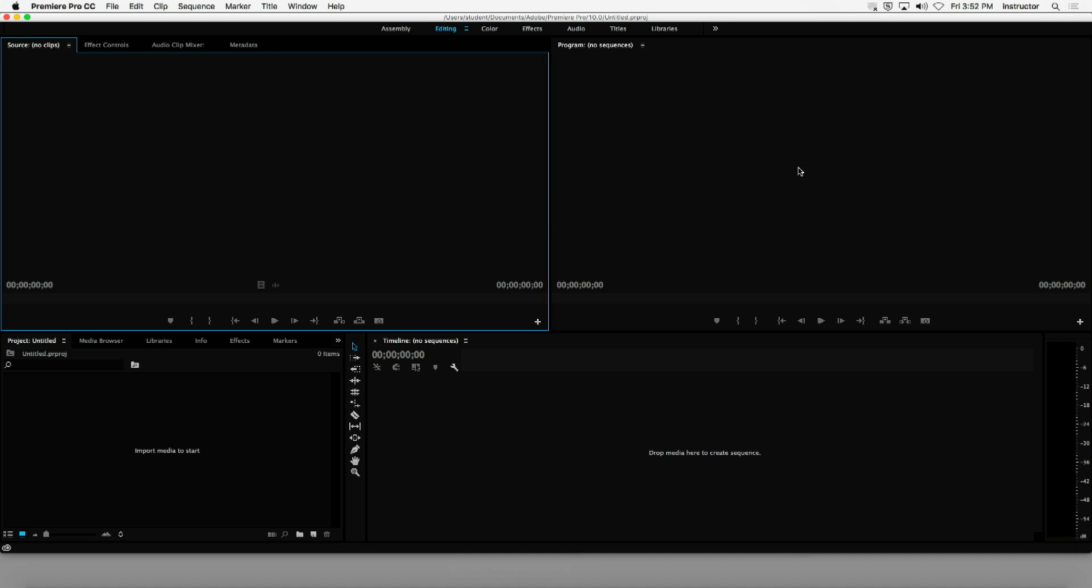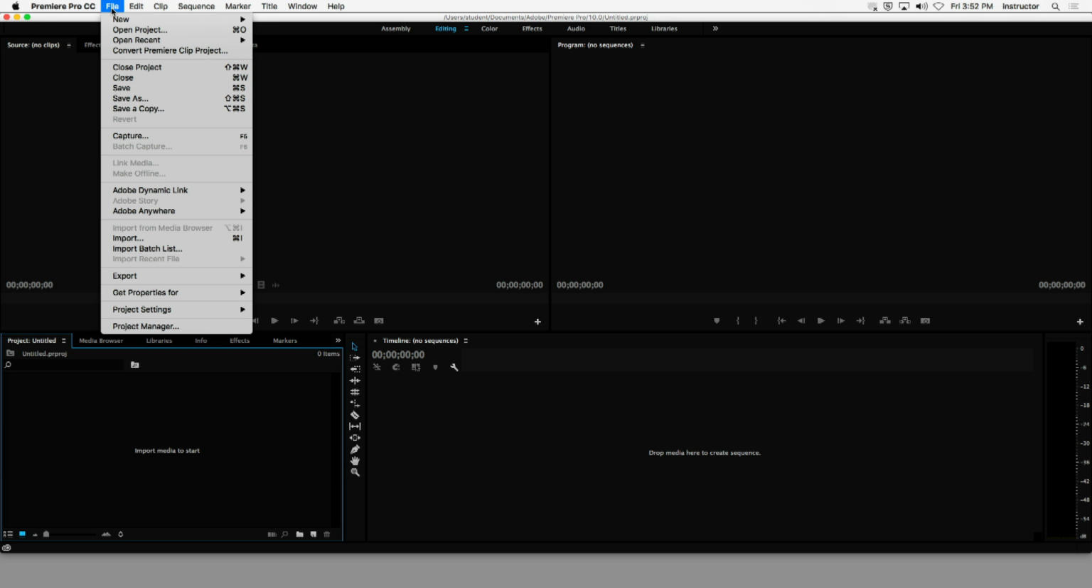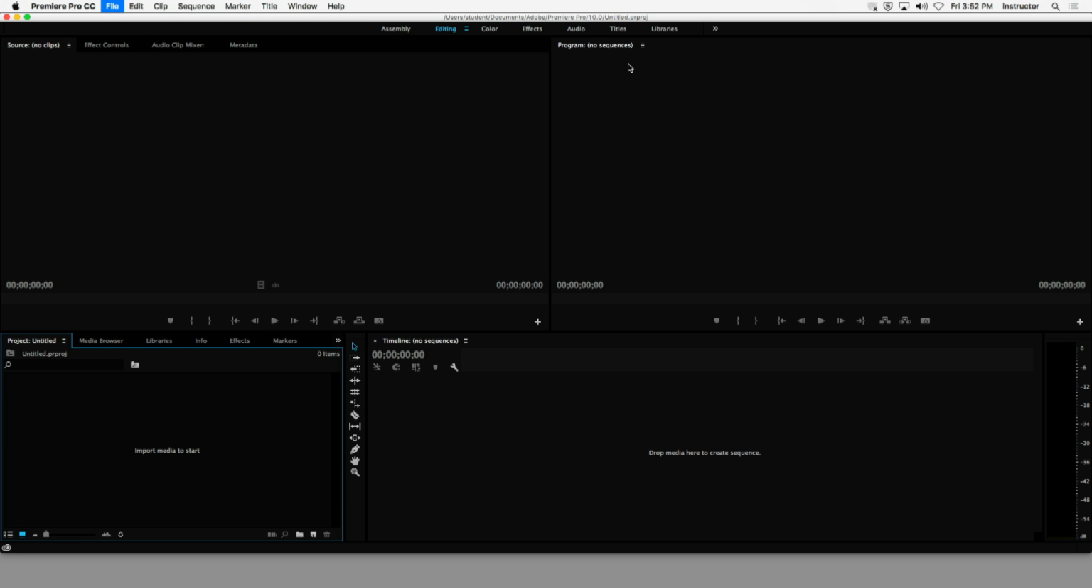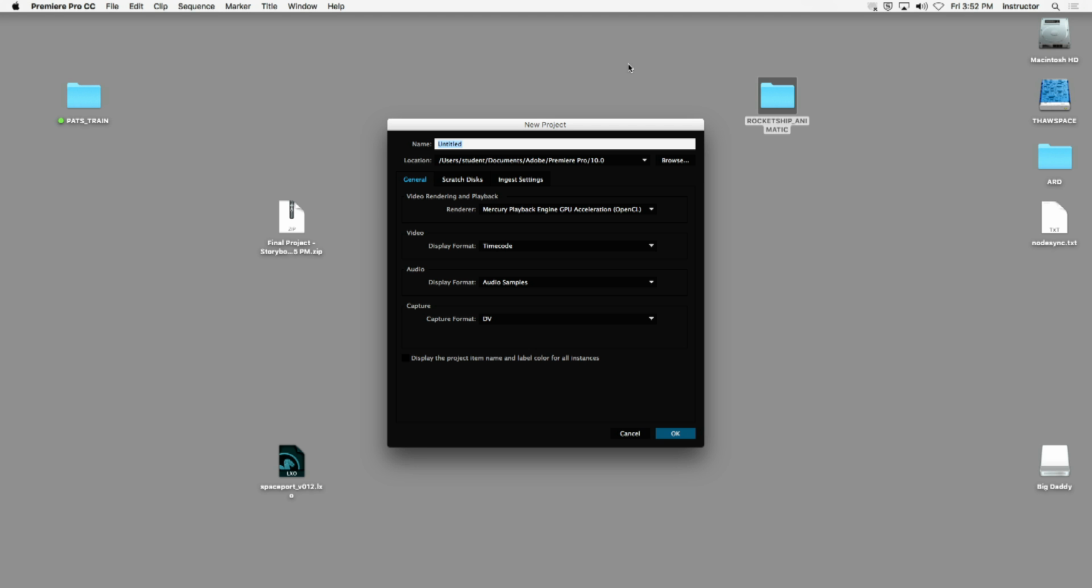Okay, so welcome to working in Premiere Pro. It's a really easy app to use. And like most editing applications, the first thing we've got to do is save our stuff, okay? We've got to save our project file and start making some connections with that folder. So let's do new project just to make sure it's really all zeroed out. Okay, so I'm going to name this Rocket, not Rick, Rocket Ship